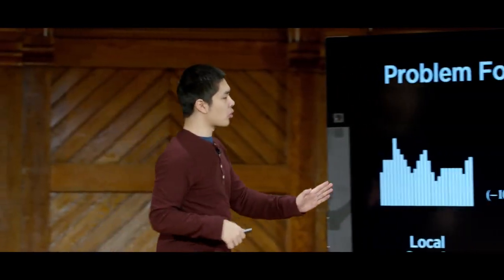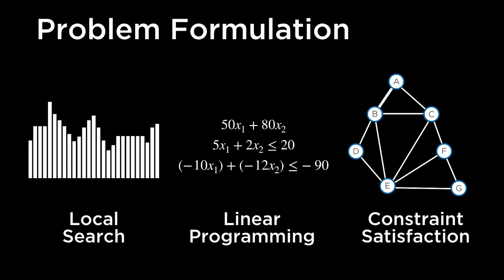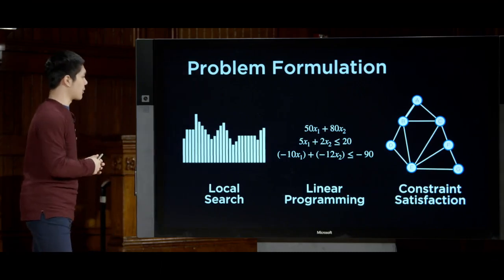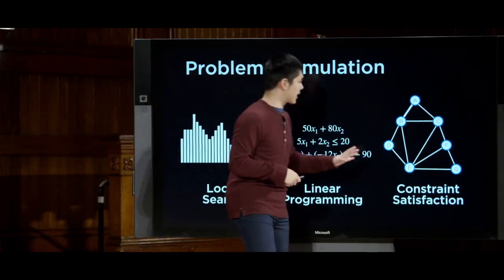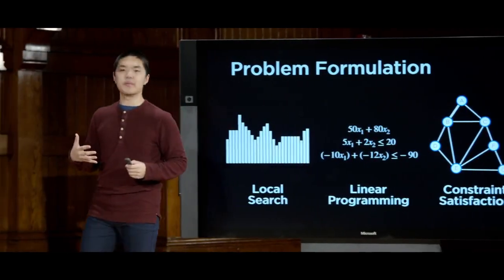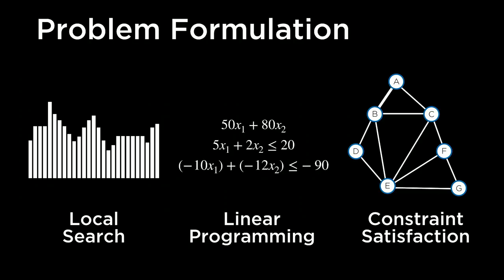So the big takeaway now with all of this is that there are a number of different ways we can formulate a problem. The ways we've looked at today are we can formulate a problem as a local search problem, a problem where we're looking at a current node and moving to a neighbor based on whether that neighbor is better or worse than the current node that we are looking at. We looked at formulating problems as linear programs, where just by putting things in terms of equations and constraints, we're able to solve problems a little bit more efficiently. And we saw formulating a problem as a constraint satisfaction problem, creating this graph of all of the constraints that connect two variables that have some constraint between them,